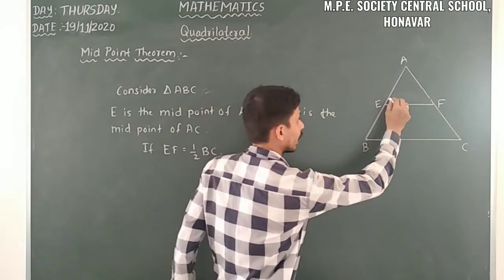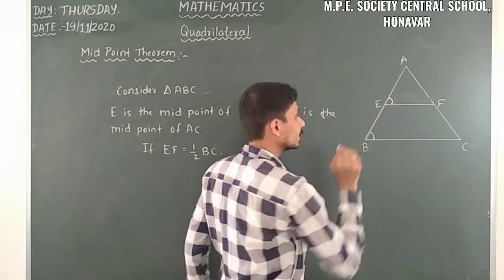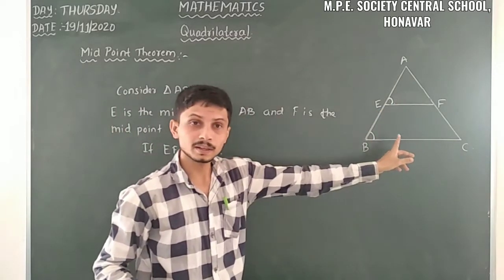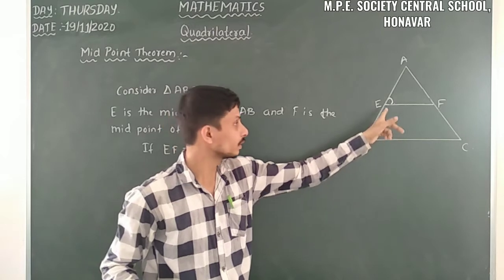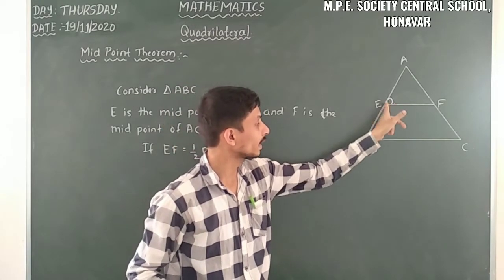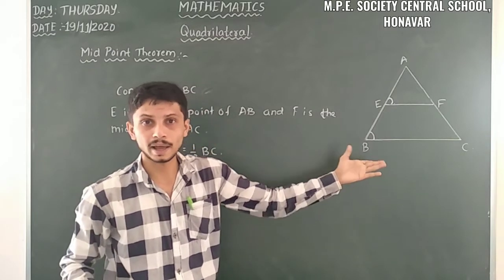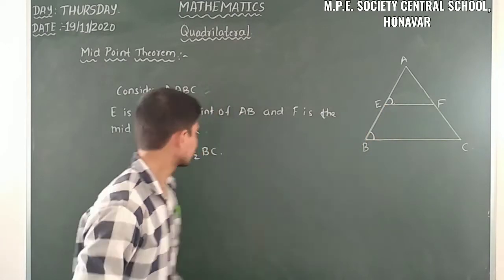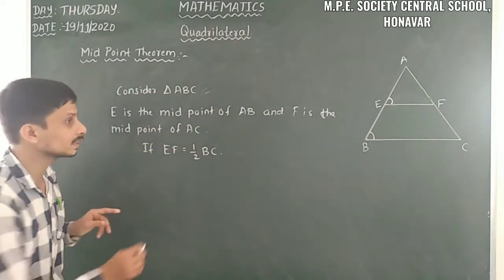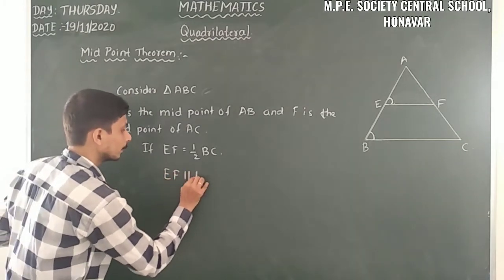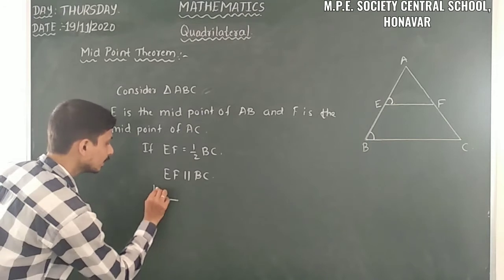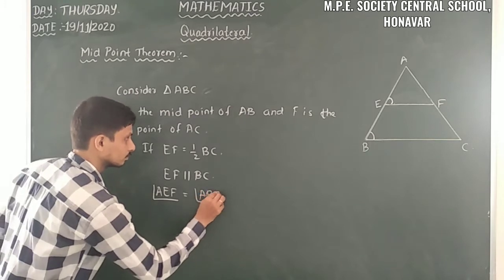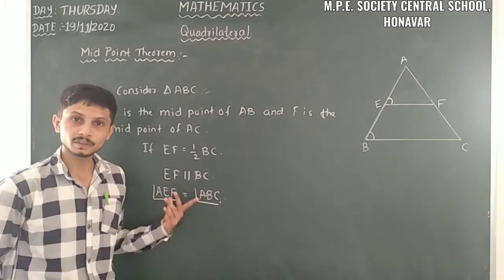Also this angle AEF and angle ABC, those two are equal. So already you know that when EF and BC are parallel, angle AEF and angle ABC are the corresponding angles. We already know that one. So here those two are equal. So that is, if EF is equal to half into BC, then EF is parallel to BC and angle AEF is equal to angle ABC. Yes. So this is the condition we have.